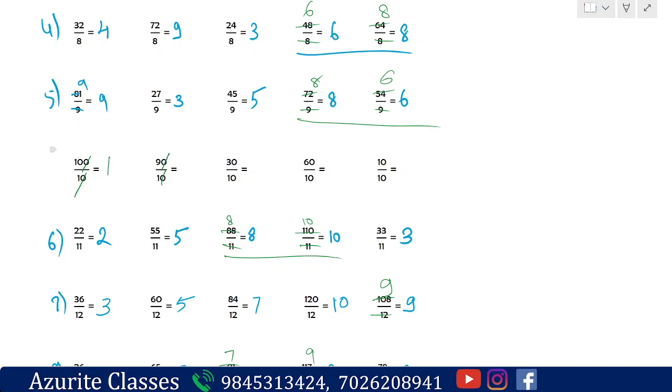So the answer will be directly 10, or you can directly do it as 10 tens are 100, isn't it? Or 10 nines are how much? 90. So if you cancel 0 and 0, 9 remains, answer 9 directly. Here 30 divided by 10 is there. What will be the answer? Yes, 3, right? So next question, 60 divided by 10, how much is the answer? 6. Okay, good. Next is 10 divided by 10, how much? 1. Okay, good. So that is how the answers will be, isn't it?